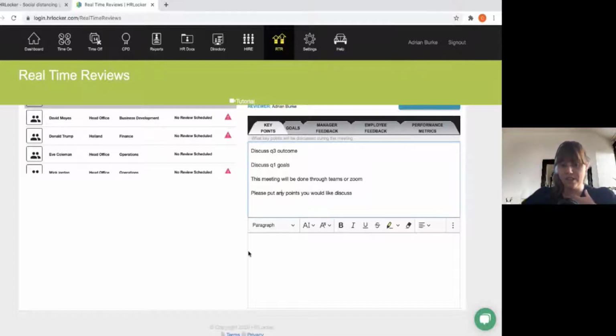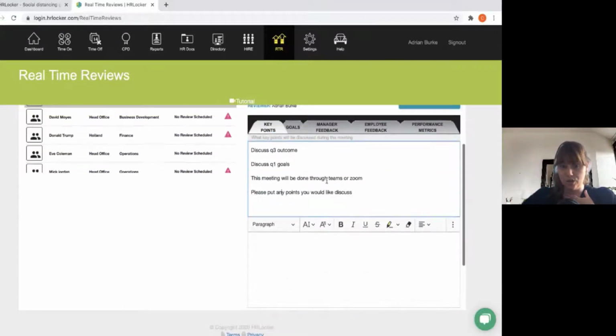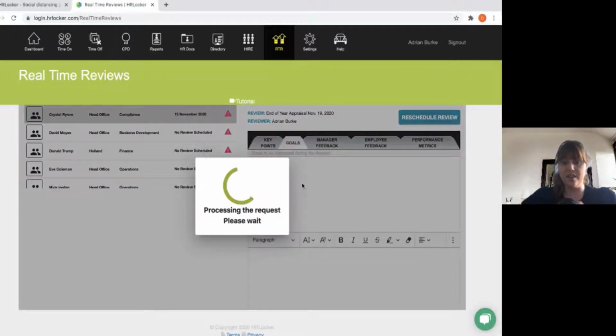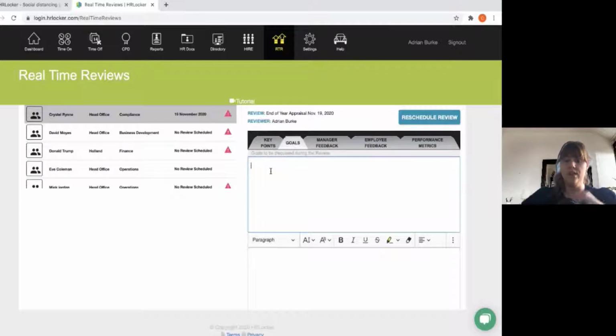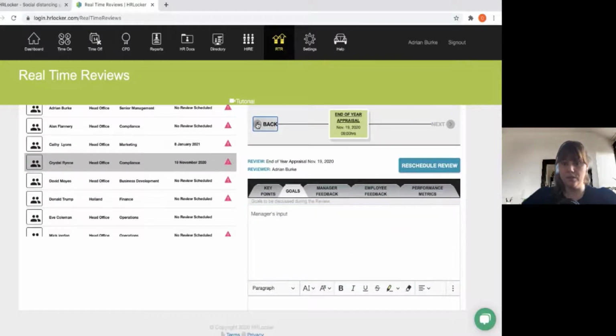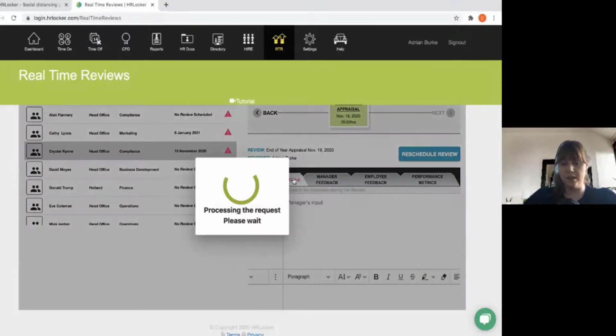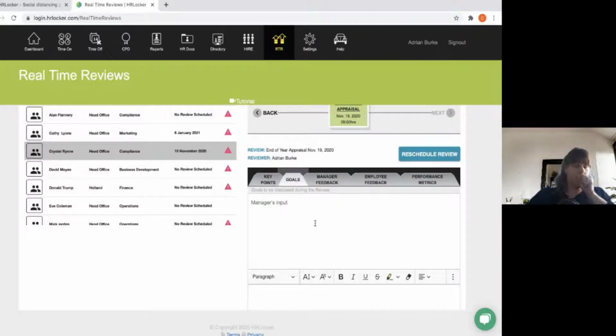So I usually fill this out prior to the meeting to make sure that everybody's on the same page. The other thing that I do before that as well is I make sure to put in the goals. So usually what I do is I take the goals from the previous meeting. You see all the previous meetings here, all lined up, and I copy the goals into the goal section, so that we can talk about the goals as well that have been already set, and